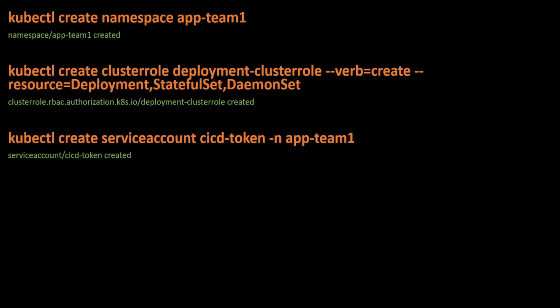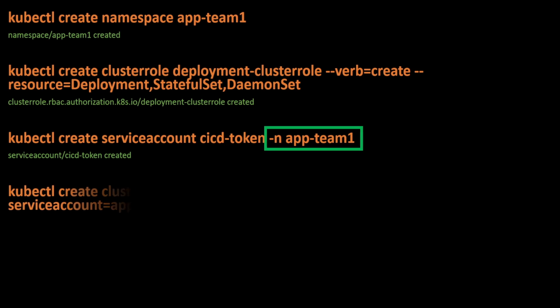Further, we create a service account, cicd-token, under the app-team1 namespace. cicd-token is the name of this service account. We can also use the default one, but in production we always use a namespace.